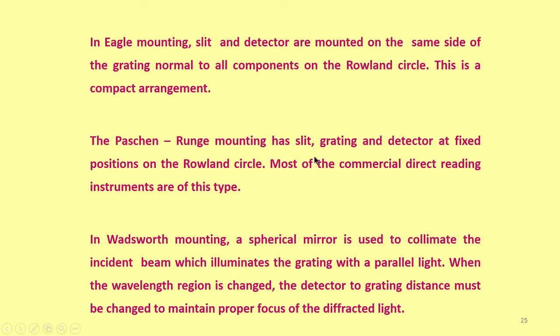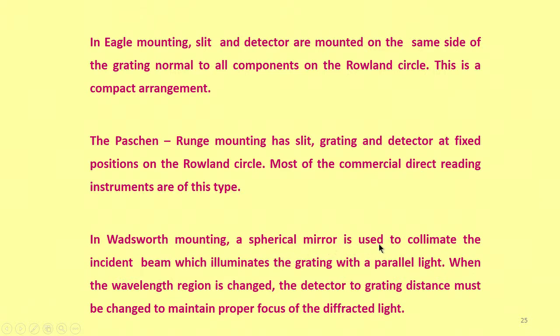All the elements are getting ionized and then getting excited, etc. And all those elements will be emitting their own characteristic wavelengths, and if I fix the different wavelengths and collect only those wavelengths, I can do multi-element analysis using Paschen-Runge mounting. This kind of mounting is very much preferable in industrial settings. So, in industries where many elements need to be determined simultaneously in a large number of samples, I go for Paschen-Runge mounting.